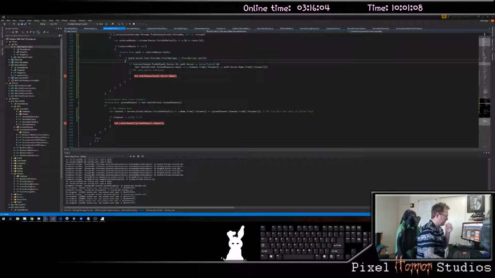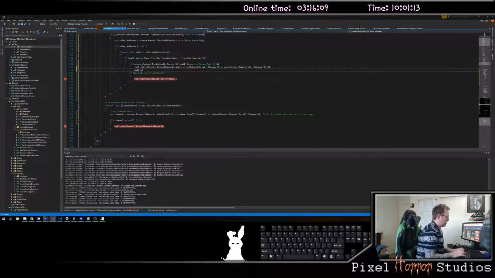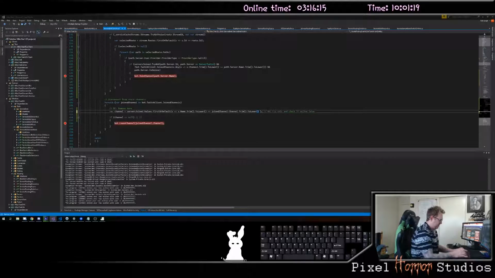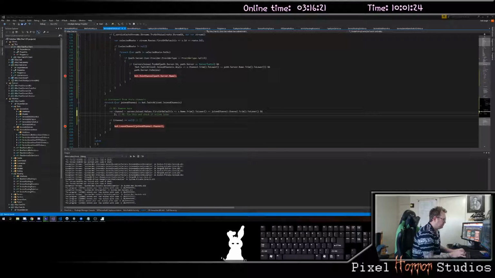So here what we're going to do is we're going to say, and your path.server.isOnline. And here we want to say, and your path.server in your s dot, if I look at my source tree here,